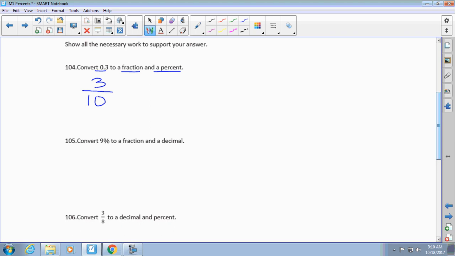We need to convert this number to a percent. So what do I need to do to convert that number to a percent, Jaden? Hold on, I'm coming back to Jaden. You need to move the decimal point to the right 2 times. Perfect, nice job. So 1, 2, we're going to add a what here? 0, yep. So we're going to rewrite that to make it neater. So that would be 30%,